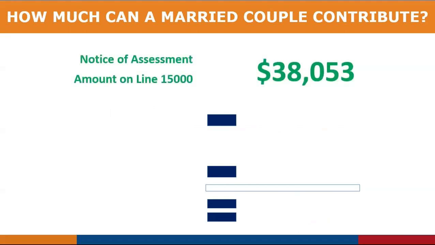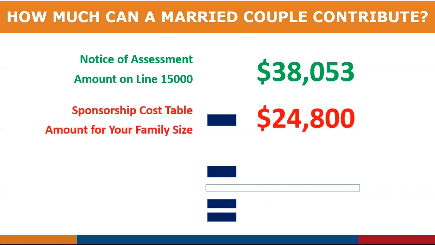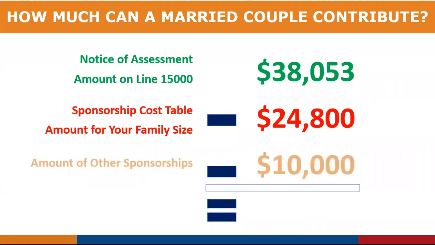So let's say that the notice of assessment from a married couple came out to be $38,053 from one person who is working in this family. The sponsorship cost table says that they need to have, as a couple, $24,800 to live on, to look after their own financial basic needs. And this particular couple has previously been approved and agreed to provide $10,000 for a different sponsorship. So when we subtract $24,800 and $10,000 from